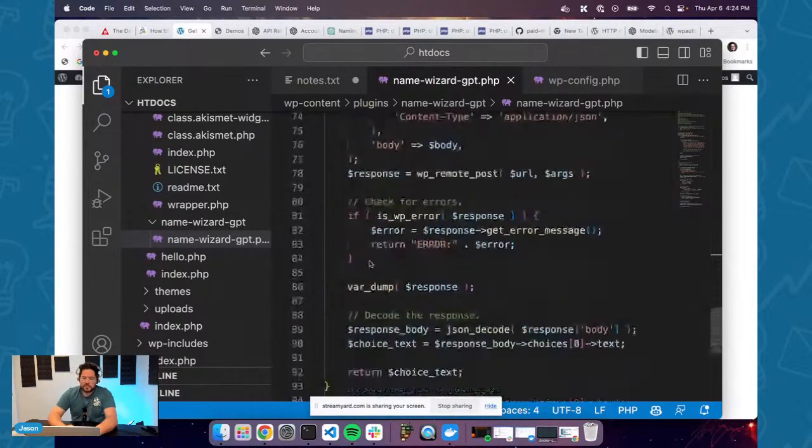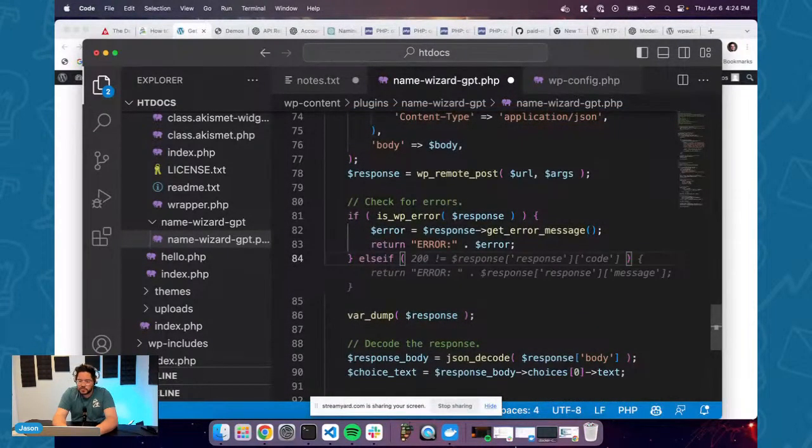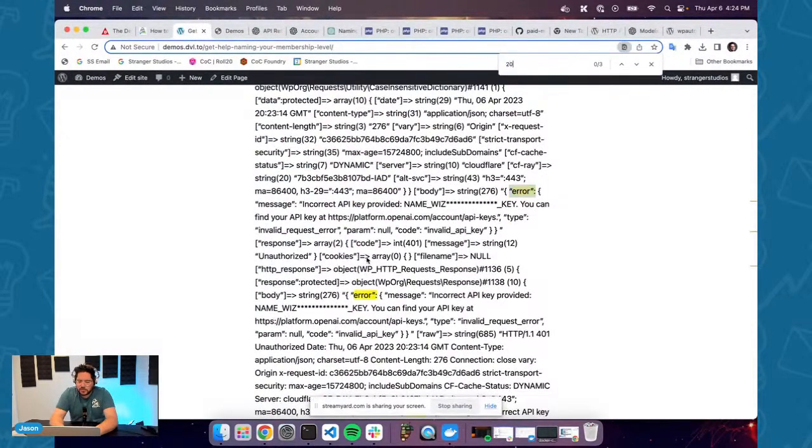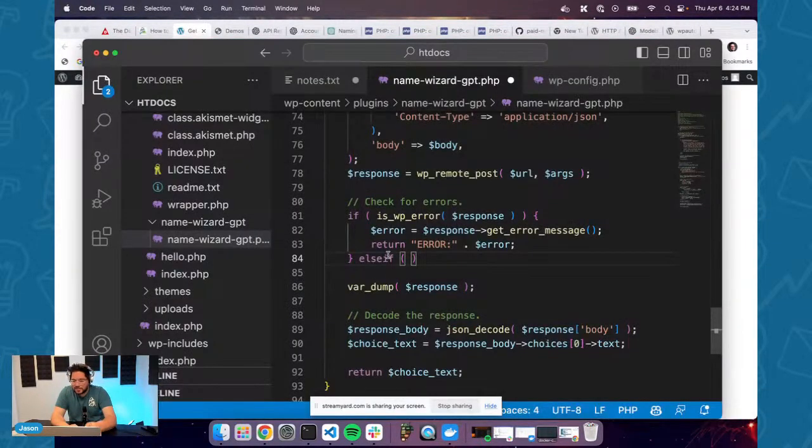So I might say else if response code is not 200. Okay, hold on. Actually, yeah, this is giving me a not 200 response code. This is hard, there's a lot of gibberish, but I know what to look for. It's a 401 error, which is standard, but it's the API's way of saying, hey, your key is wrong, so I'm not going to do what you wanted me to do. I'm going to throw an error. So actually, Copilot,